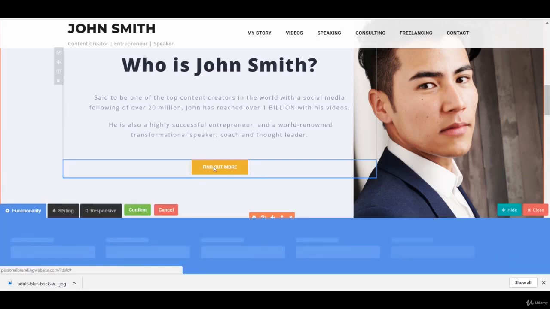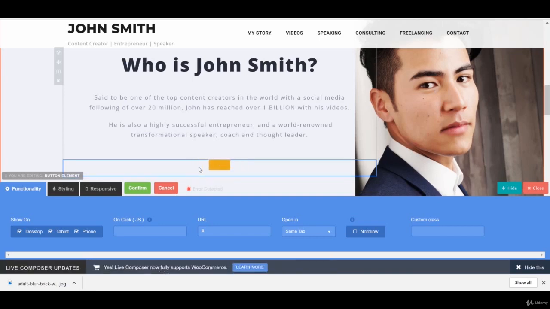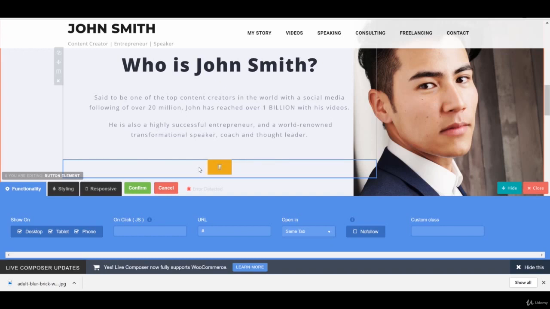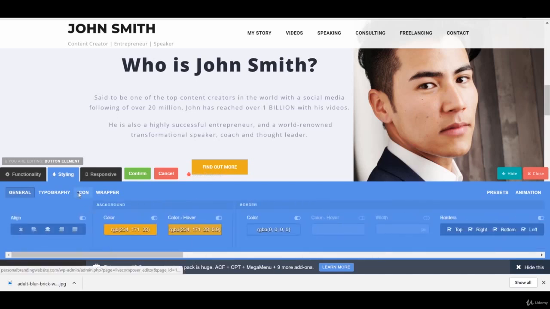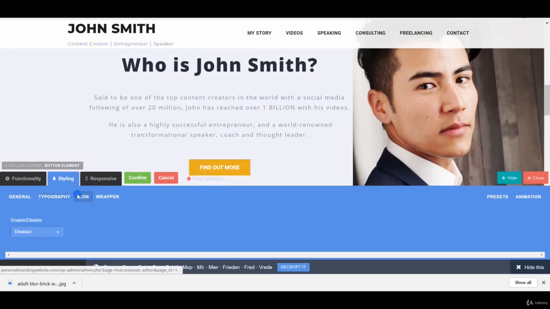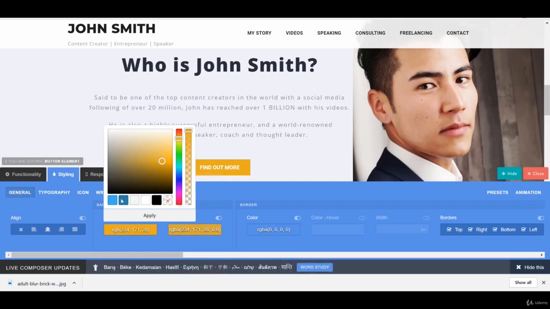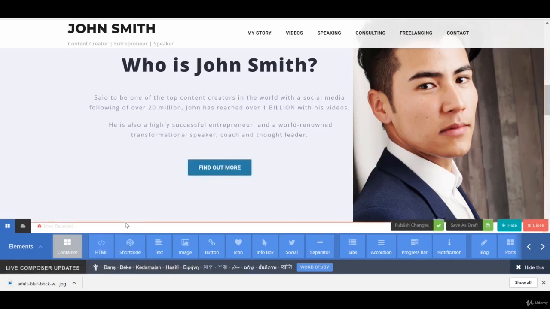So let's just change this button here. Remember, we just double click it to change what it says, and we can have whatever we want there. I actually don't mind having find out more. I think that's good, and I think the text size could be a little bit bigger, like that. And remembering that we can change the color to whatever we'd like, which I would probably prefer a blue color. So we have that, confirm, and